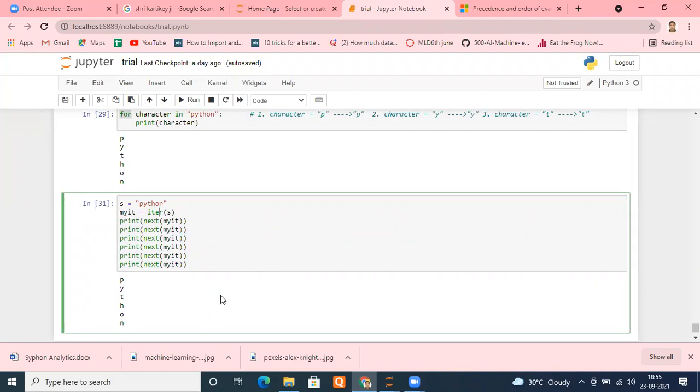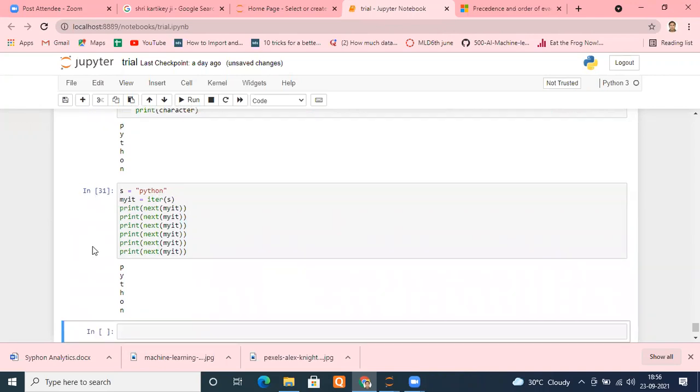Okay, now let me do one thing. Suppose I want you to print hello as many times as there are characters in your string. I repeat once again, you have to use your IQ, please understand.